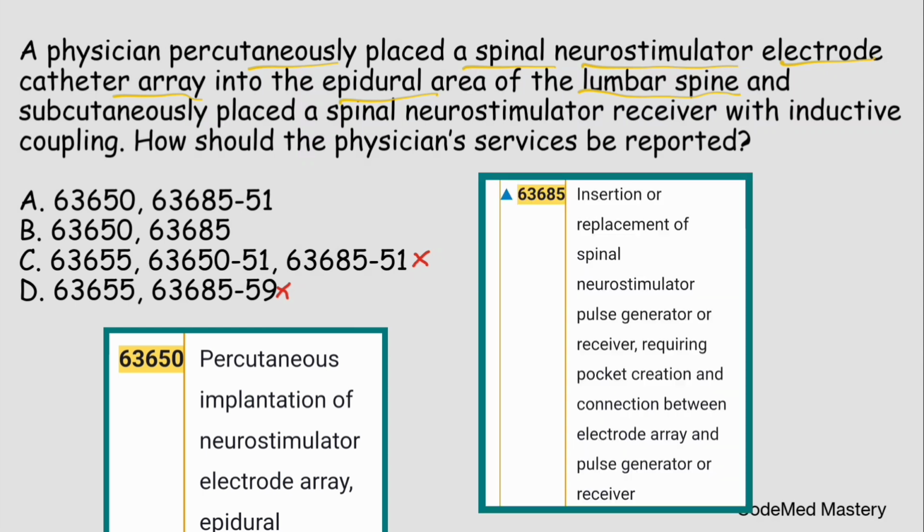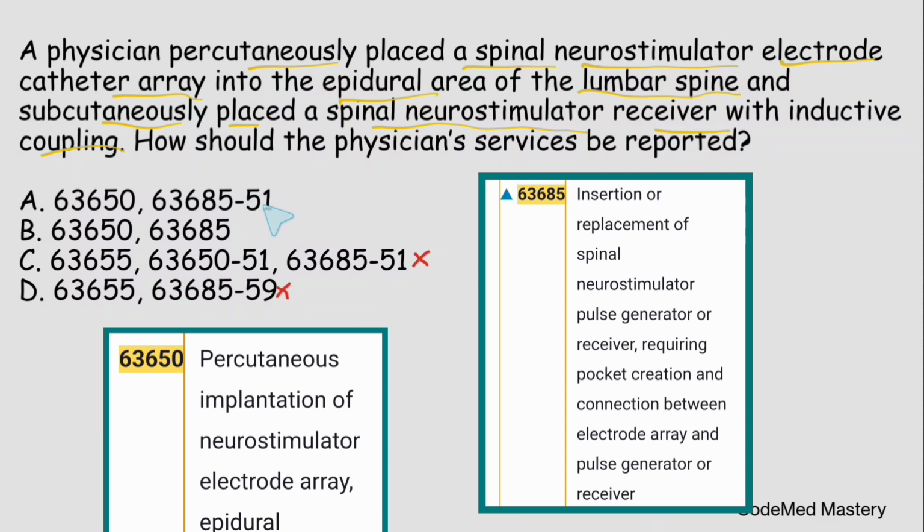63685 is for insertion or replacement of spinal neurostimulator pulse generator or receiver requiring pocket creation and connection between electrode array and pulse generator or receiver. In the question, you can see they have mentioned physician subcutaneously placed a spinal neurostimulator receiver with inductive coupling. Okay, and the code 63685 is for insertion or replacement of spinal neurostimulator pulse generator or receiver. So it is matching with the code 63685 because in the scenario they have performed placement of a spinal neurostimulator receiver, right? So we have to use the code